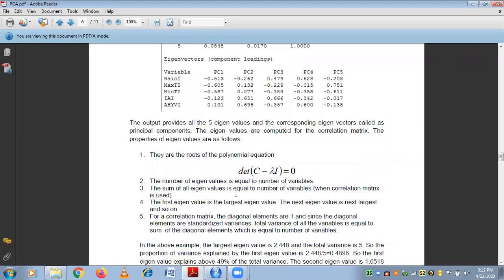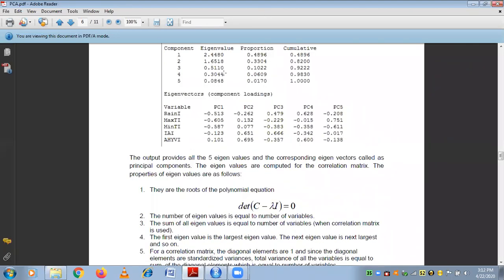So here what happens is the number of eigenvalues that you have will be equal to the number of variables. They are calculated using the formula determinant of C minus lambda I equal to 0.